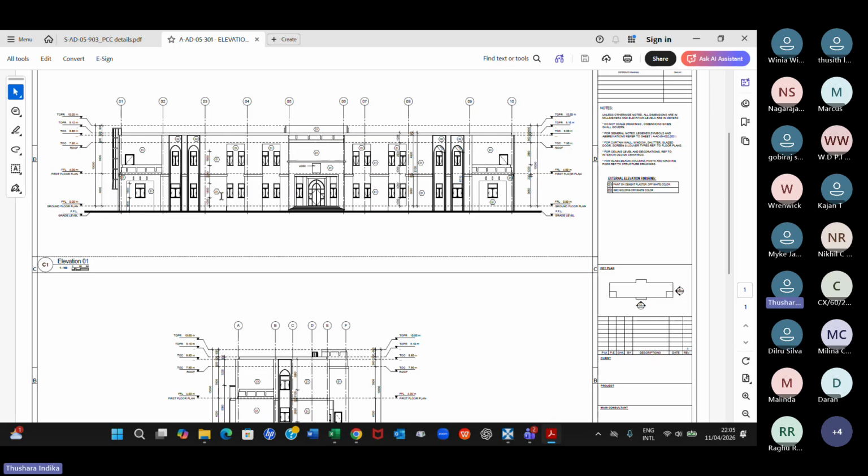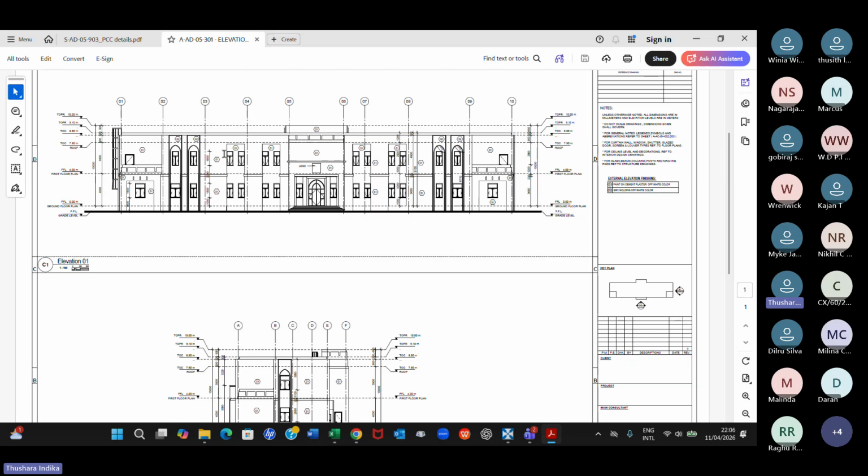Ground floor level quantities, you have to put it in a separate section of the BOQ. And then from ground floor to roof, those quantities will have to be put as a separate section of the BOQ. So in other words, the BOQ should be divided level wise. But for me, it doesn't say that way. All the quantities can be combined and